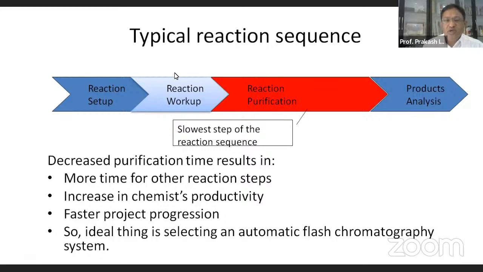Now, the matter of concern for most researchers is lack of patience and very little time for pursuing their research in the laboratories, and still they need to achieve the separation and isolation according to the agendas of their research projects. But because of this slowest step of the reaction sequence, many a time people either drop the idea of using column chromatography, or they drop the concept of purification from their whole project. However, because of the time frame, if the project is